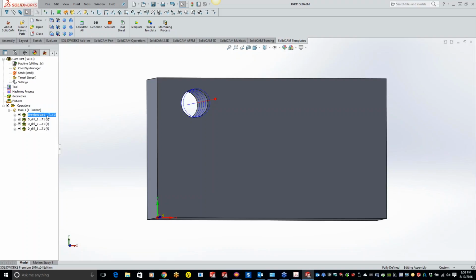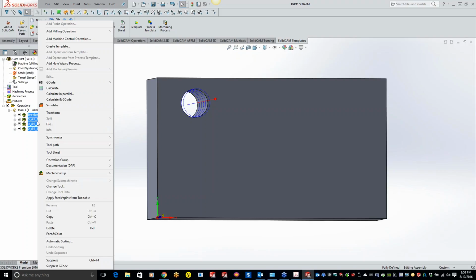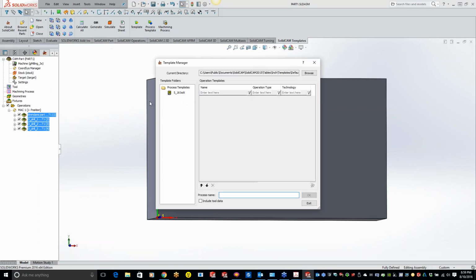So over here, let's say we have these 4 operations. These are something that you want to do on a regular basis, all the time. Just highlight everything you want, right-click, and do Create Template. We can just say KevCAM testing, and include tool data, so it's going to automatically bring the tool in, feed speeds, step downs, all that for you.